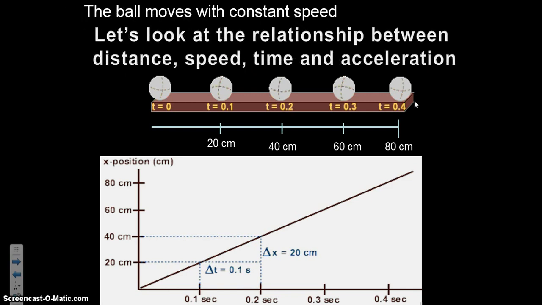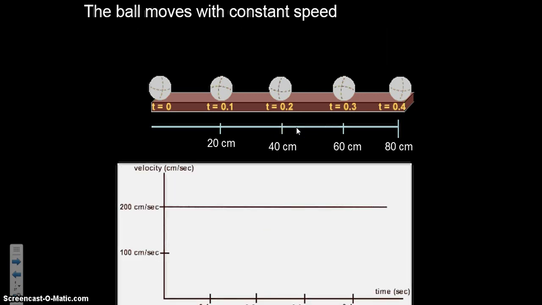And so how do we know it's not accelerating? Well, we've got to look at the relationship between all of these different variables. So at each increment of time, notice that the progress is only 20 centimeters at a time. The progress, in other words, is always constant. It never increases, it never decreases. So we know that the acceleration is 0, the velocity is constant.